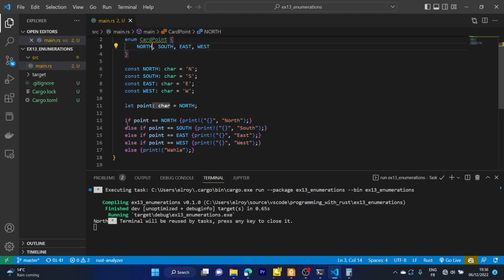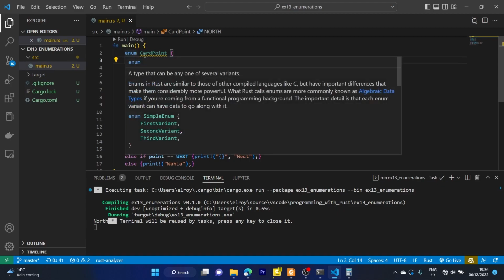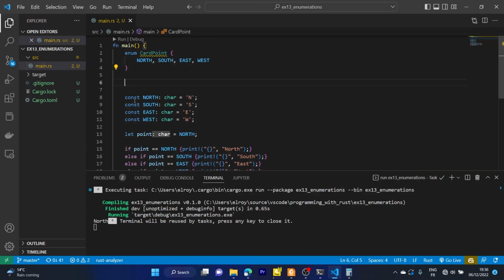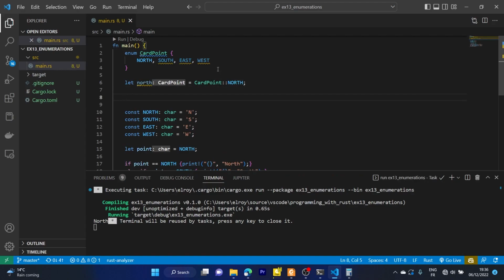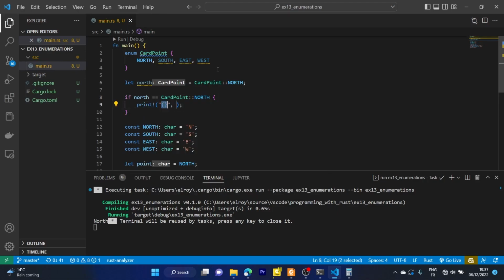Okay, now that said, this same piece we have down here that checks for these conditionals can be rewritten using this enum that we have. And to access an enum type, what we can simply just do is that we can say let north be equal to CardPoint::North. Simple. So what that does is it just assigns a CardPoint type of north to the variable north here, and we can now, let's try to do if north equals CardPoint::North, then print